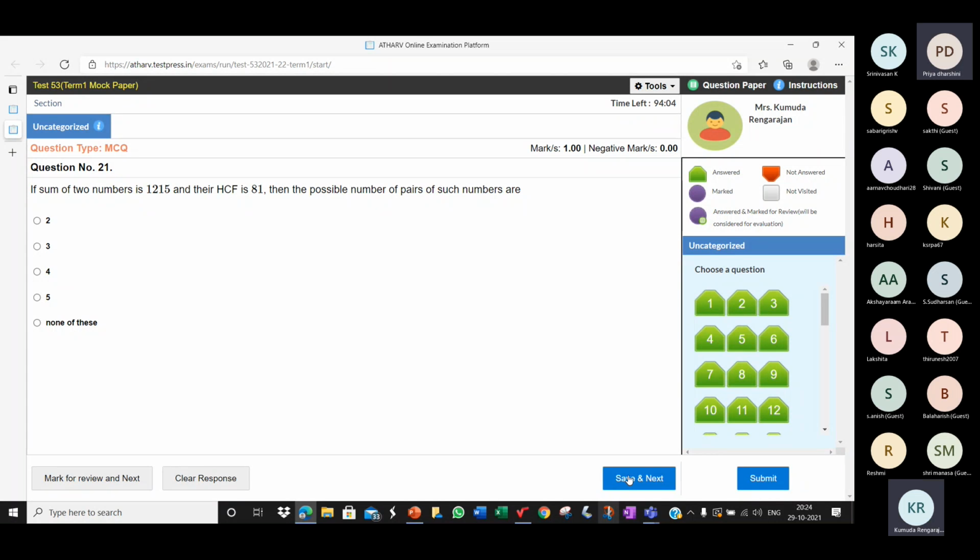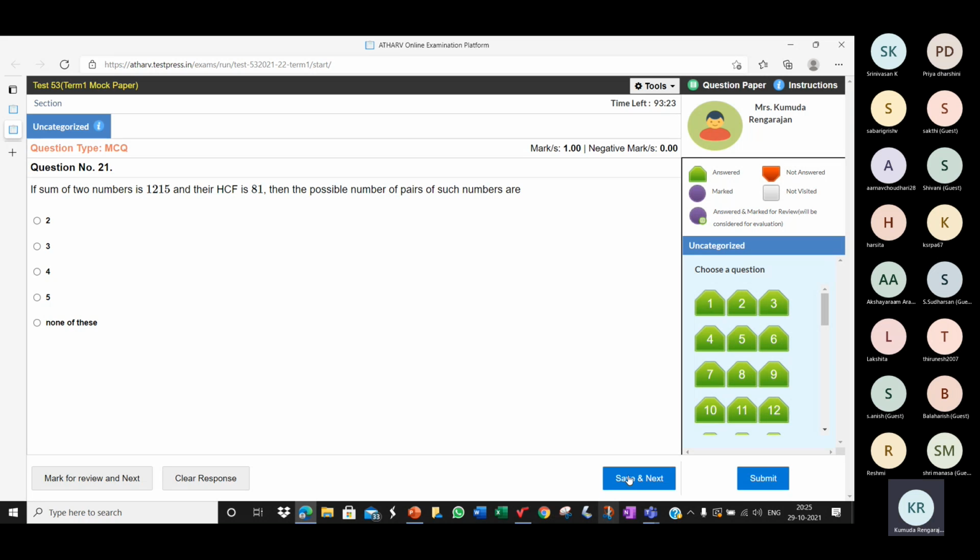Okay, fine. So what are the different ways of getting the sum as 15? One more thing you'll have to note: when we took 12 and 20, the HCF is 4. 4 into 3, 4 into 5. Now 3 and 5, you must see, they are co-prime. They'll always be co-prime.